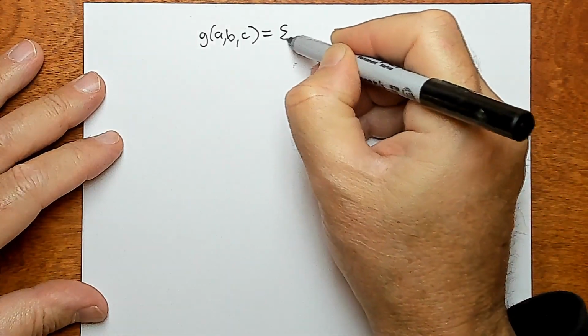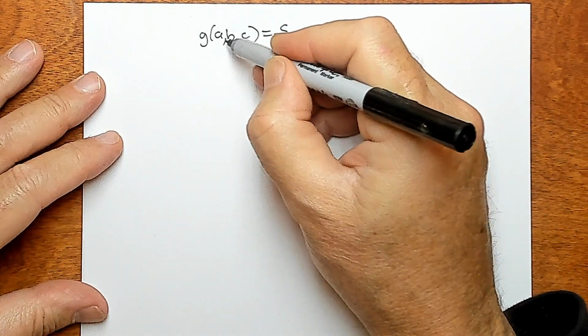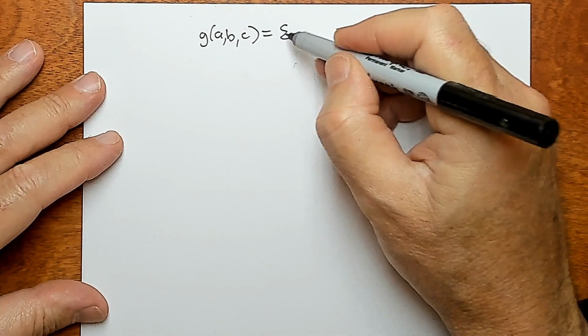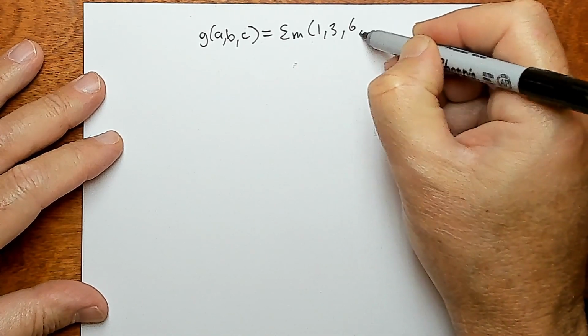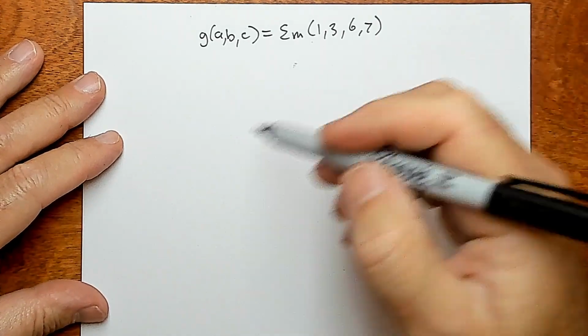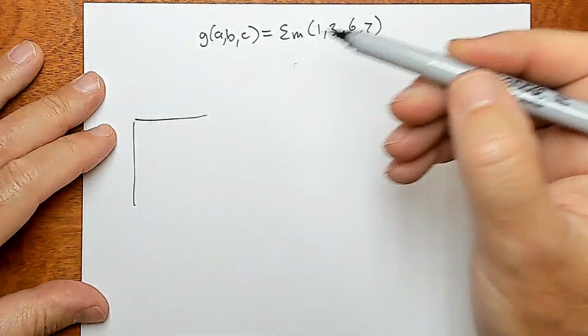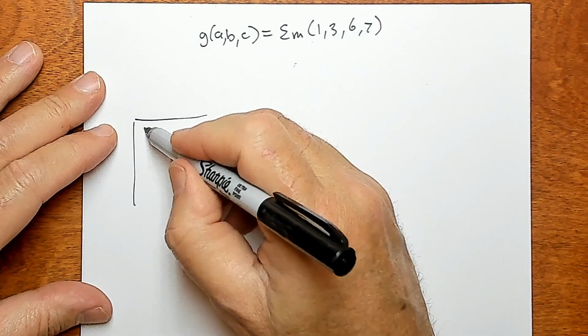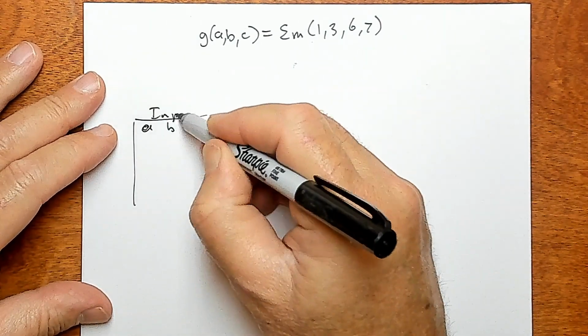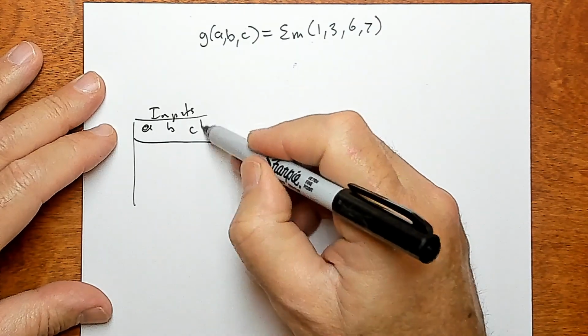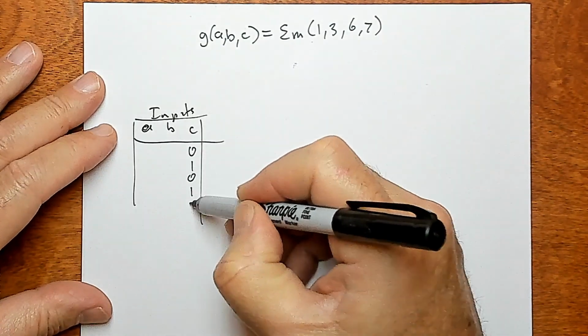min-term expression here, g, a function of a, b, and c, defined by the sum of the min-terms on rows 1, 3, 6, and 7. That basically represents a truth table. So we know we have three input variables, a, b, and c. These are our inputs. And those are going to be all possible values of